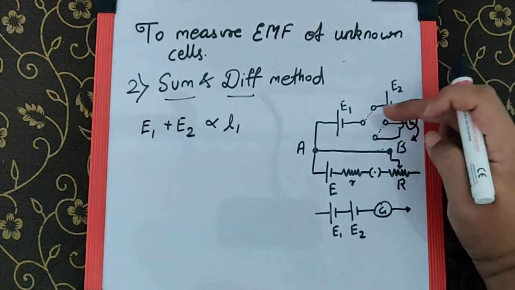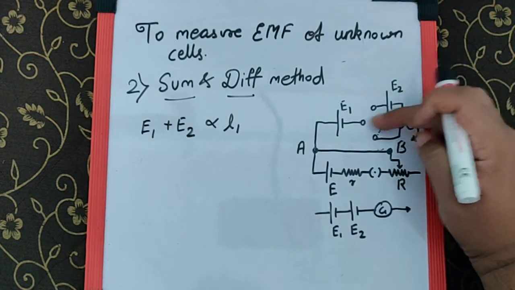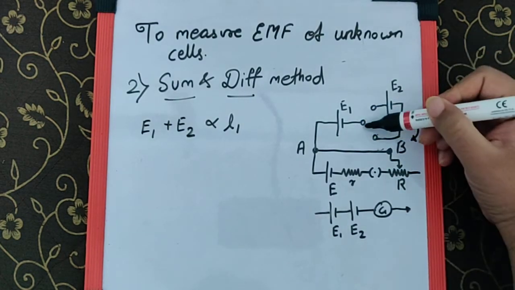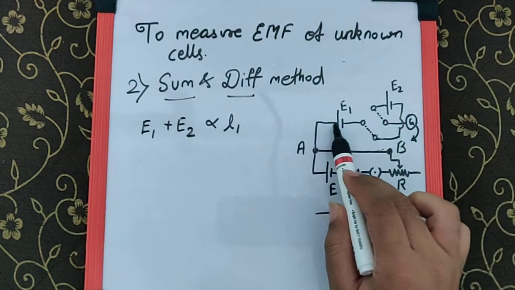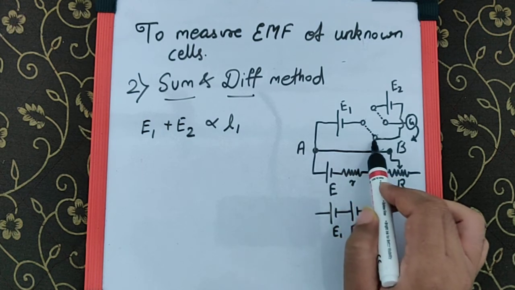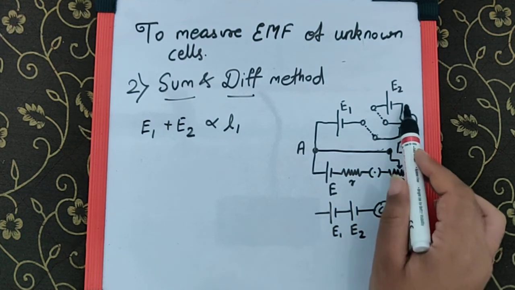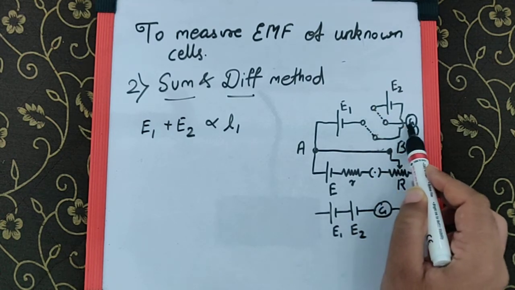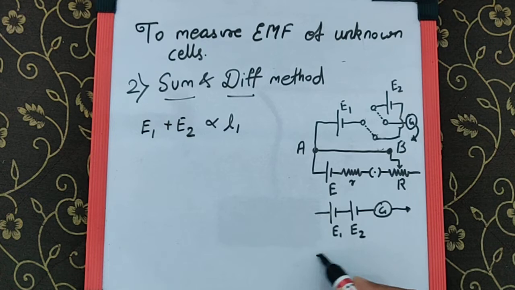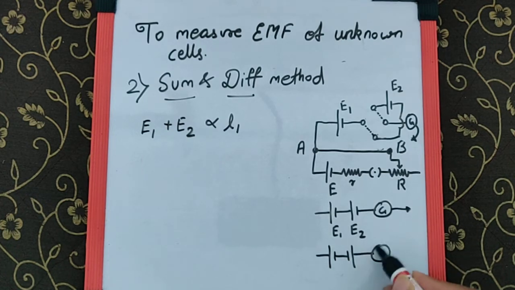Now similarly, we can disconnect this and connect the other two ends like this. If you concentrate, we get the positive negative end of E1, then passing through the four-way key, we get the negative positive end of E2, then through the four-way key we reach the galvanometer and jockey. So the arrangement becomes E1 like this, but E2 in the opposite direction, which means these are in the difference mode.